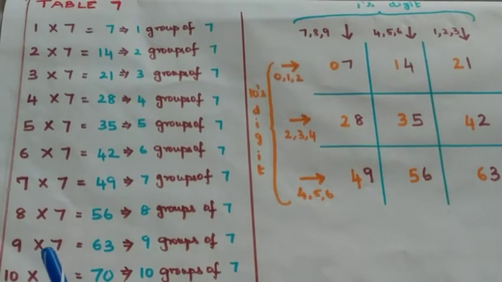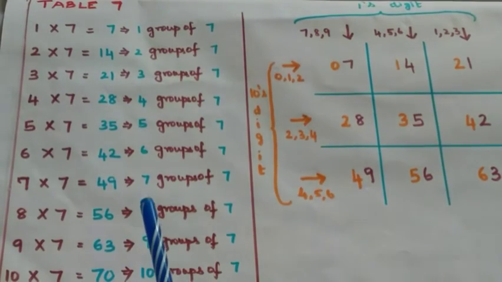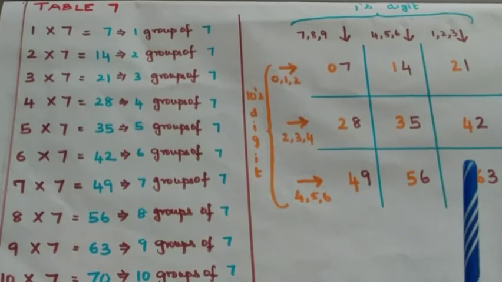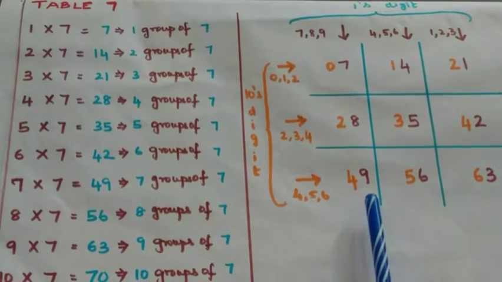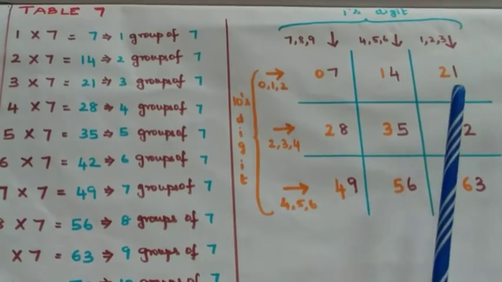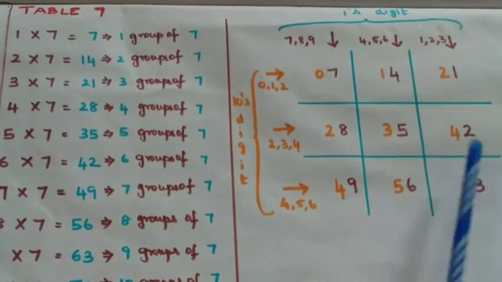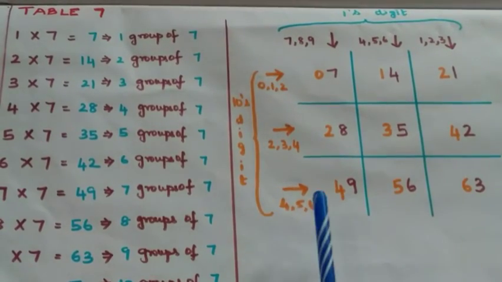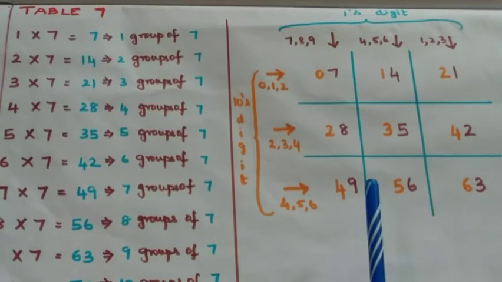There is one trick which can be used to make the kids write the table of 7 sequentially. You need to just put 2 vertical lines and 2 horizontal lines, similar to the one that we put for playing the tic-tac-toe game. You need to start numbering from the top left: 1, 2, 3, 4, 5, 6, 7, 8, 9. Once you number in this order, you get the ones digit of the results of the table of 7.